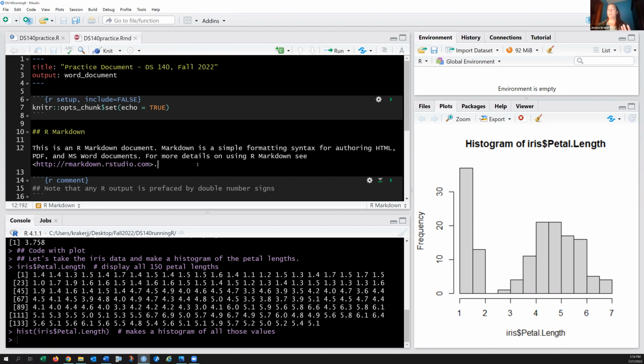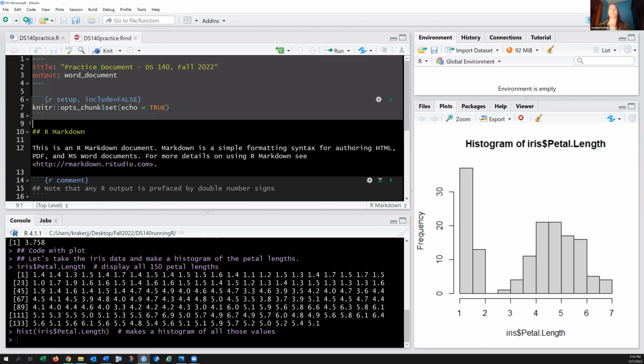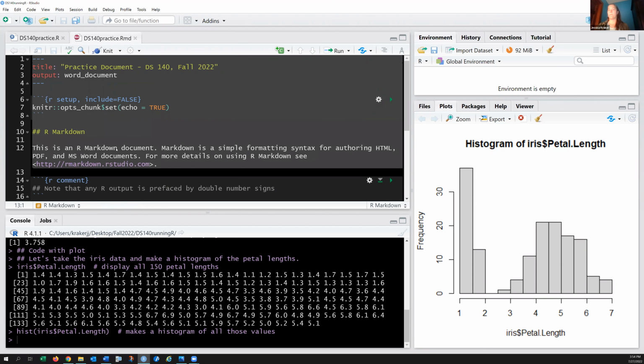I've tried to make this pretty simple. That is, I'm going to format this into a document that we're probably all used to, a Word document. And that is the advantage of a .rmd. If we do just a little bit of setup, and in fact, this whole thing is set up that can just be copied and pasted over,